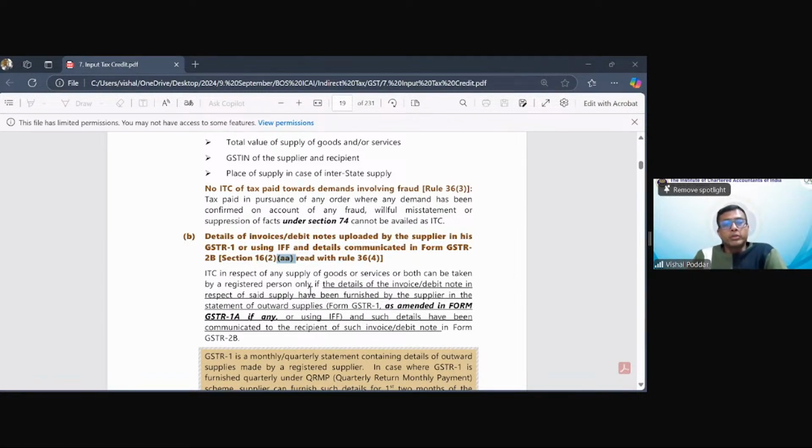Now the present position is that the supplier files his GSTR1 showing the sales. Now the portal has an inbuilt mechanism to tell you that yes, the supplier is showing that sales were made to you, which is an implied proof that you have made the purchase. And now they have put this condition that you can avail the credit only if it is reflecting in your GSTR 2B.